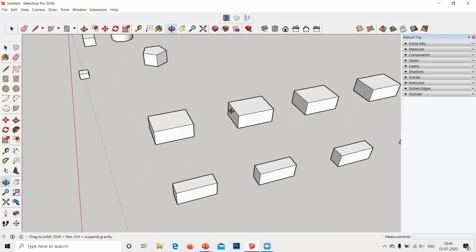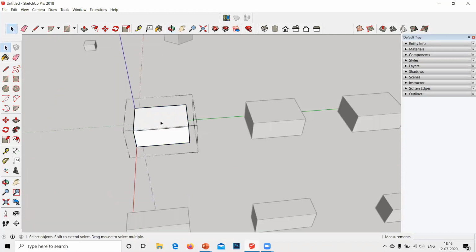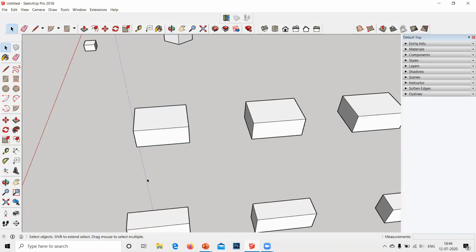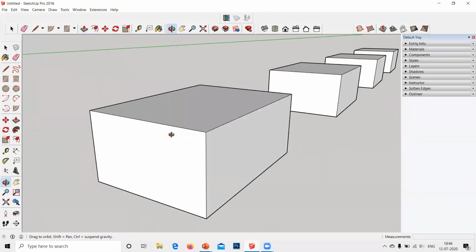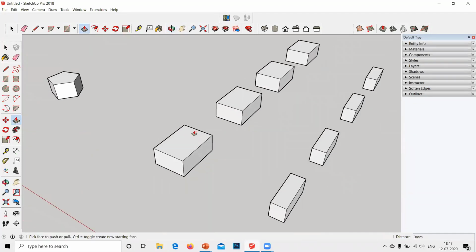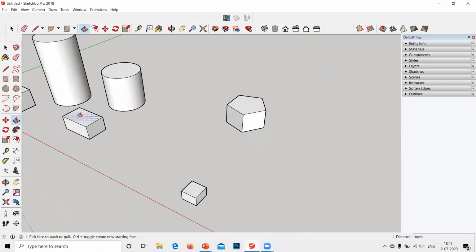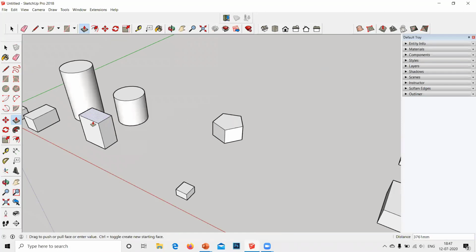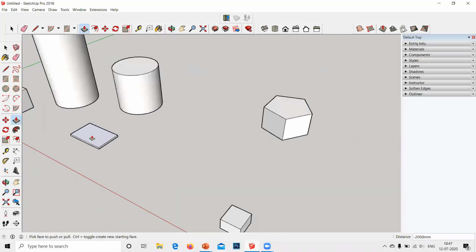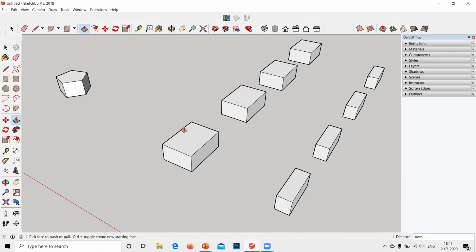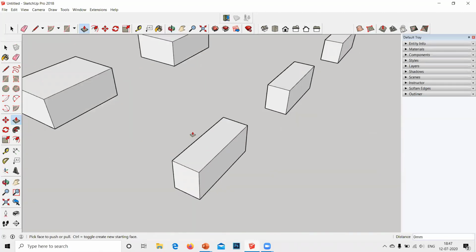So now, if I try to make any change on this group, okay. So first of all, if you want to make any changes on a specific group and component, you cannot. I'll just tell you an example. If I try to push it, I want to increase the height. You can see there's this red no sign on this cursor. That is telling us that you cannot perform any action on this group because now it has been formed as a group. Whereas this cuboid is not a group. If I want to increase its height or if I want to decrease its height, it is possible, but not in this case because this is a group. Same goes with here. This is a group.